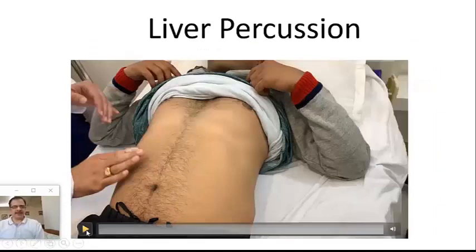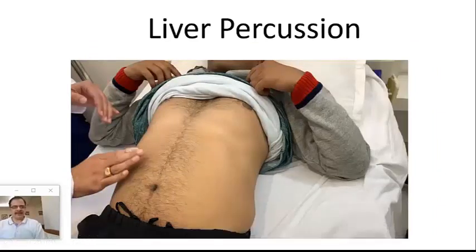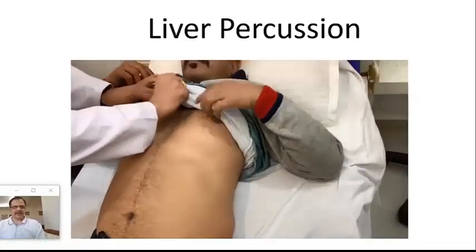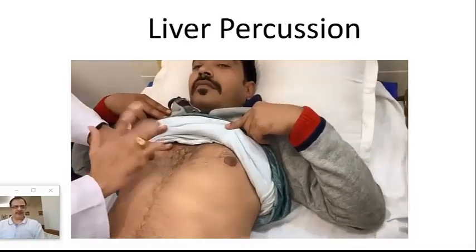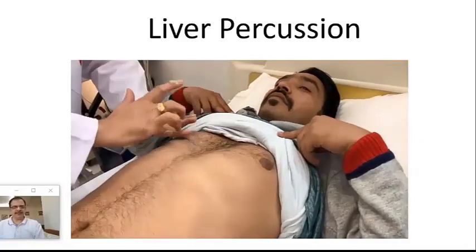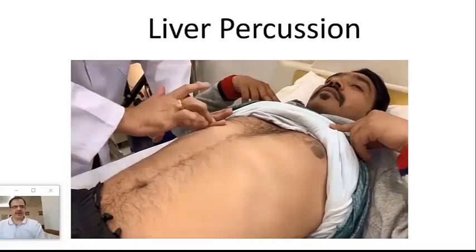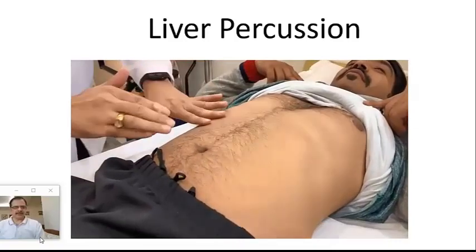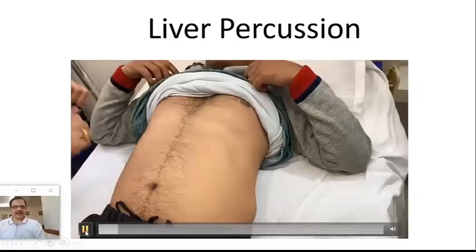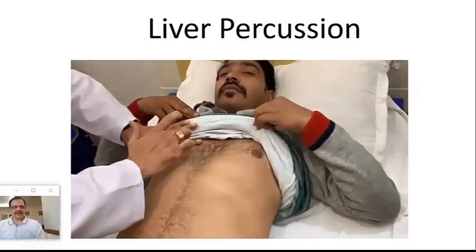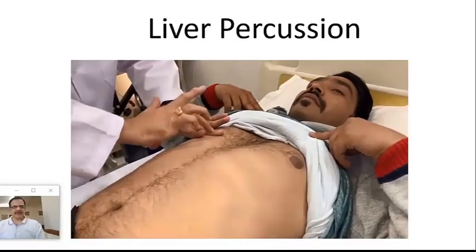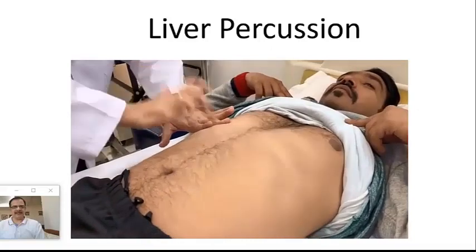In the percussion of the liver, the percussion note is dull in nature, so there will be dullness. Let's see how it is done. Again, the patient is in a supine position and we will start from the 4th or 5th intercostal space in the mid clavicular line and proceed downward, and we will appreciate the dullness on percussion. So you can see it again. The striking finger is the plexor, and the finger on the intercostal space is the pleximeter. So we strike the plexor at 90 degrees on the pleximeter.